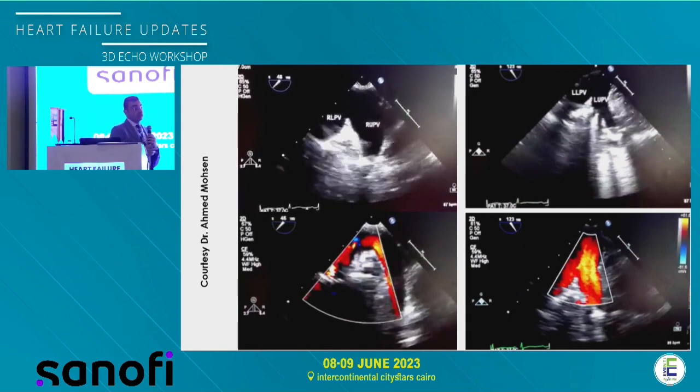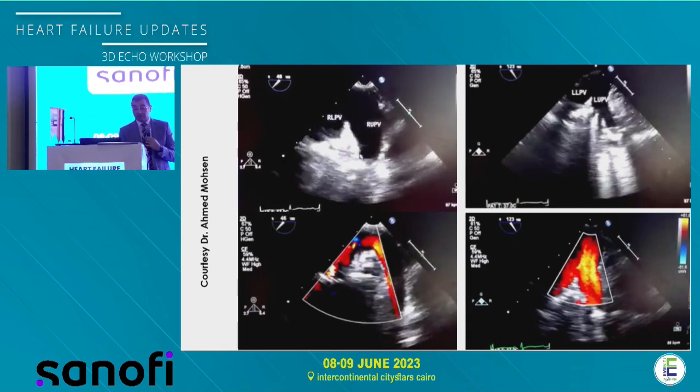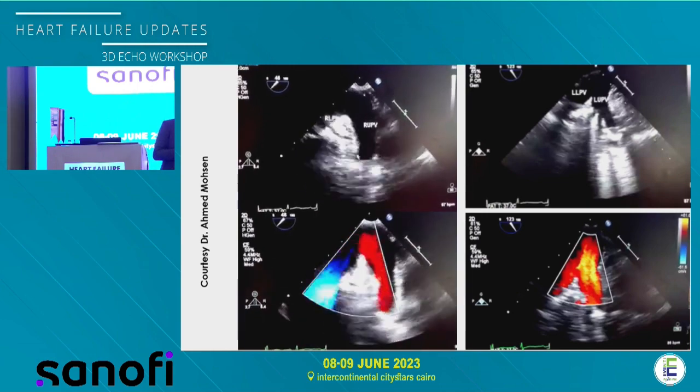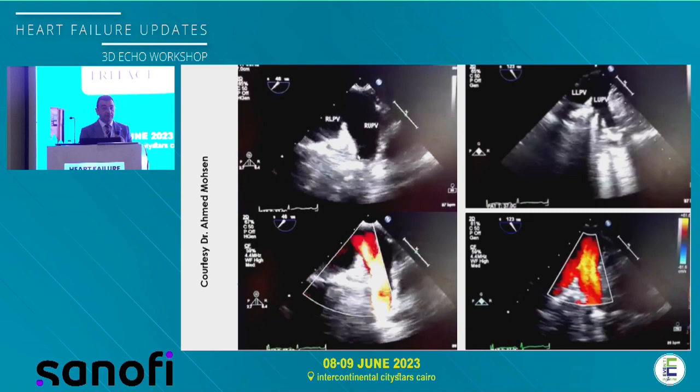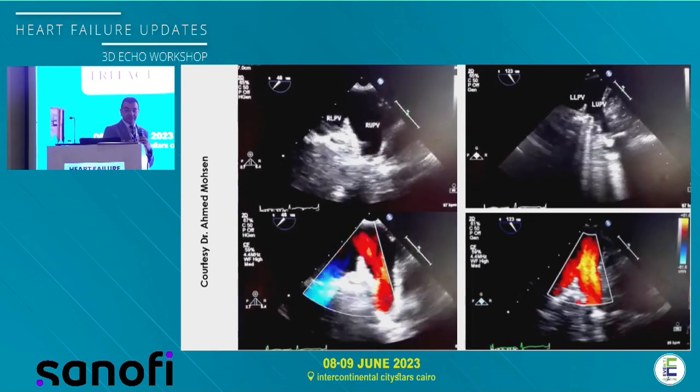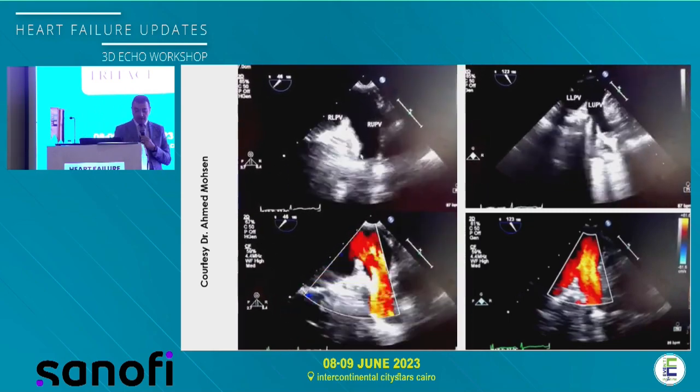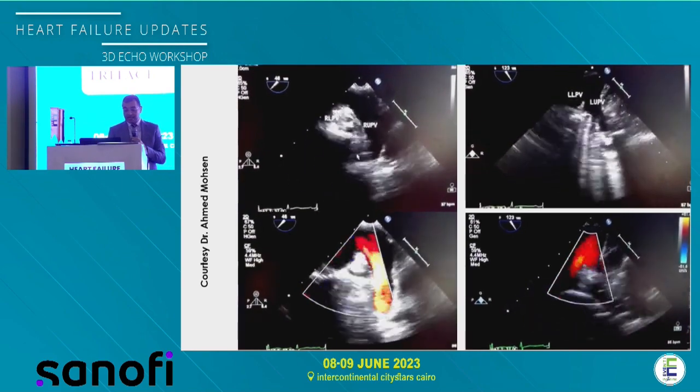And also, you look by the 3D echocardiography for the pulmonary veins. If you have an abnormal pulmonary veins drainage, this is important. And this image is courtesy of Dr. Ahmed Mohsen. This is clear images taking the pulmonary veins and the pulmonary veins flow. And also,